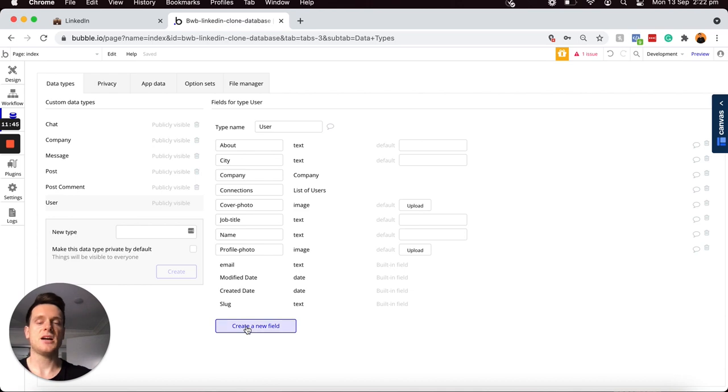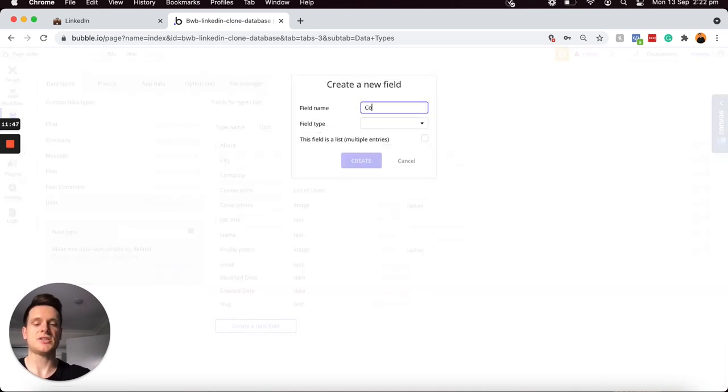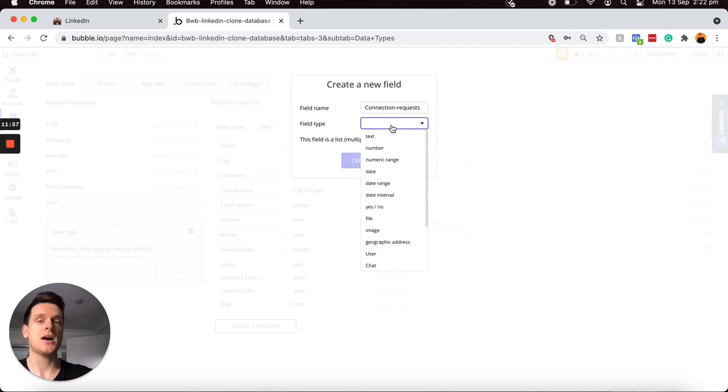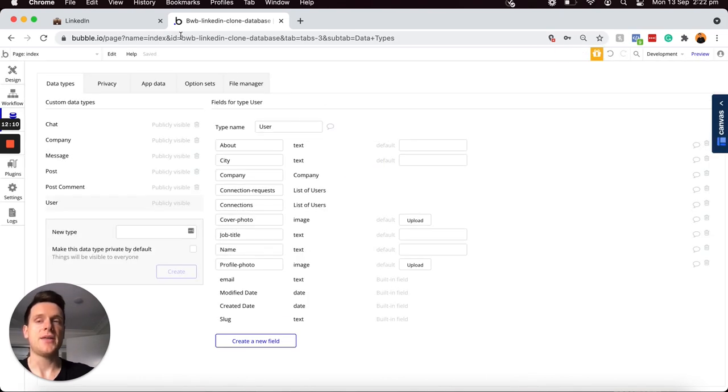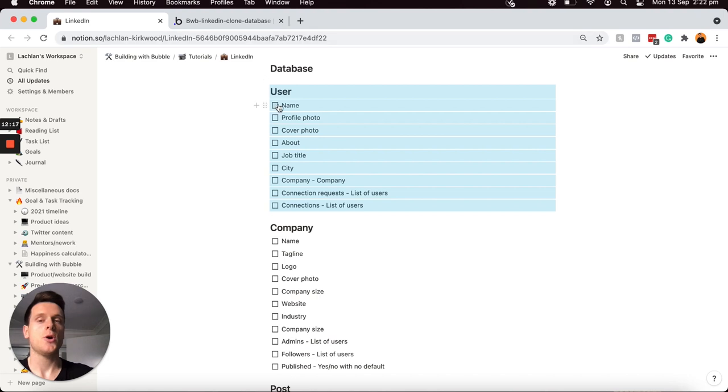And then the very last field I'll need to create is just a list of connection requests. So these are the users who have sent the current person a connection request but had not yet been accepted or declined. And once again, this field type will be a user, and because someone can have more than one connection request at a time, this will be a list of multiple entries. We can create that. And then if we jump back into our Notion doc, we can check off that we've